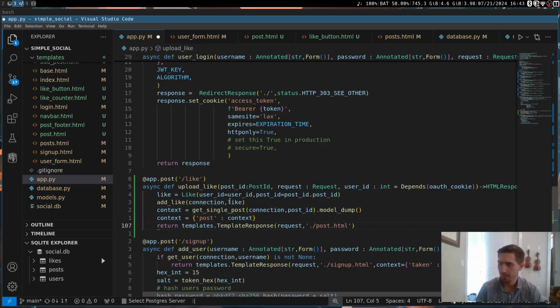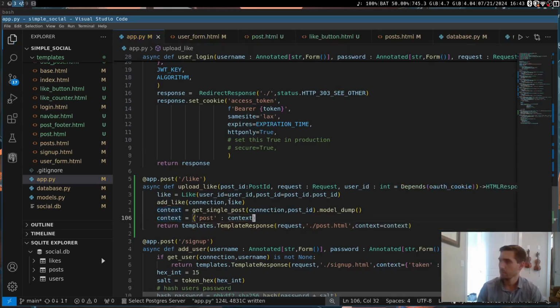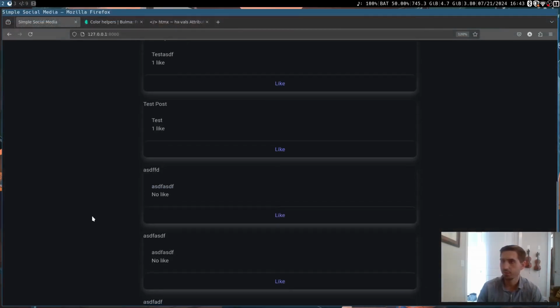And so now we can pass in the context into our template. Our context is equal to context. And then I think that's all we needed to do. So now we should be able to add the like in, and then we'll get the post back, and then we'll update our template. So let's see if that works. So let's go back to our page here, and let's find a comment that we haven't yet added a like